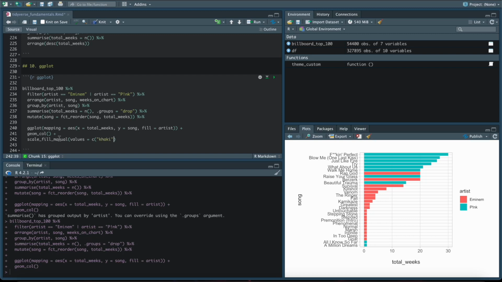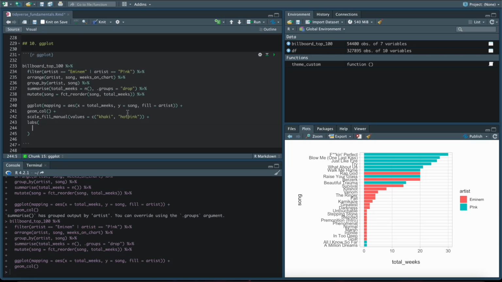So we could pick a couple of colours that are appropriate for the artists that we've got in this case, and then we can add some labels which will not only overwrite the default axis labels, but we can also add a title and a subtitle so that our plot's a little more informative. So in this case, I'm going to say Eminem versus Pink for the main title, and then the subtitle will give a little more information, and I'm going to say time spent by song,